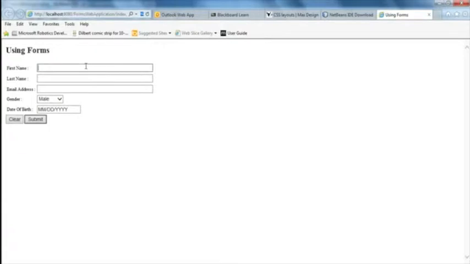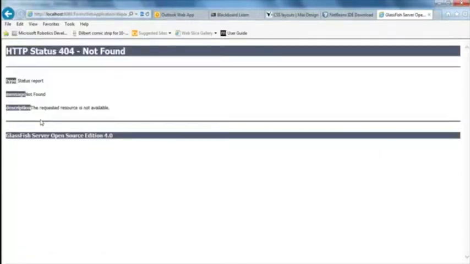Okay, I can input data into it if I want to. I can input a name and an address, select a gender, input a date of birth. But I can't really do anything with that data because when I submit the form, I'm going to get an error. Right? And the reason why I'm getting an error is because, if you remember, I'm going to go back